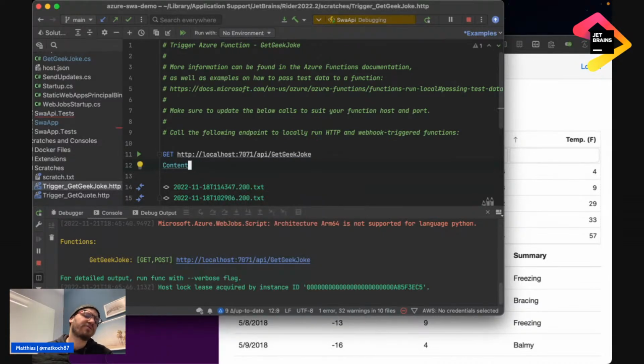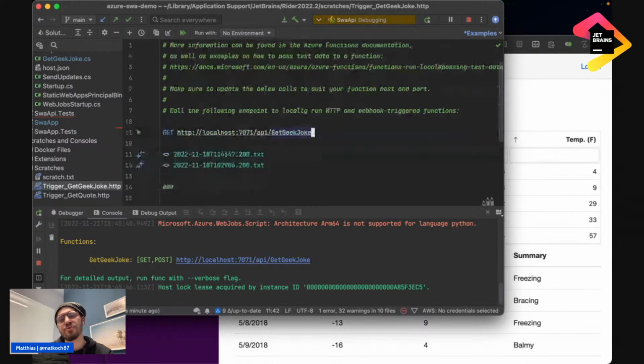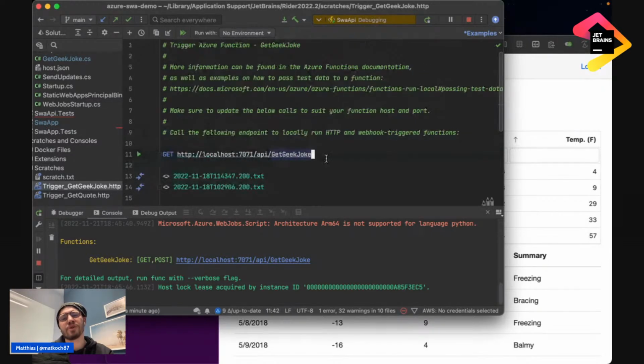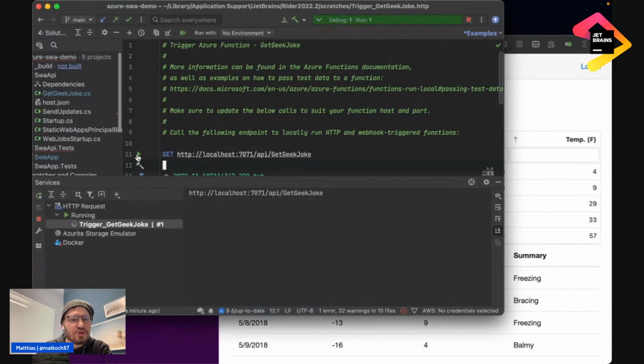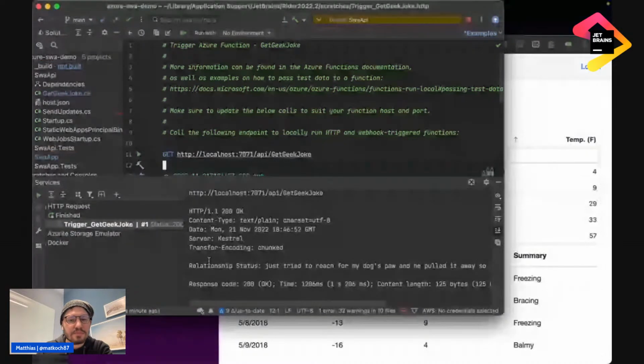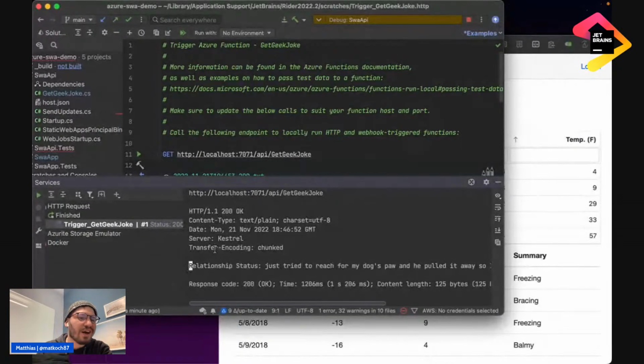So you can define headers here. You can also pass auth tokens, bearer tokens, for instance, and reference them through some funny way, like this. Go check it out if you're interested. But otherwise, we can just trigger our API here. And we can see here we got a joke,